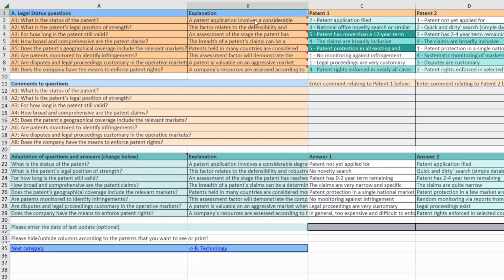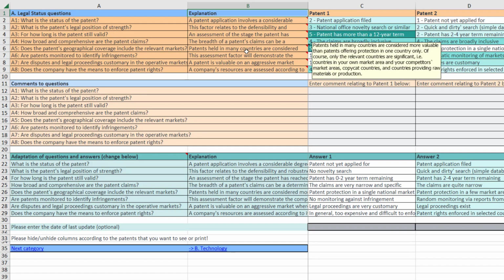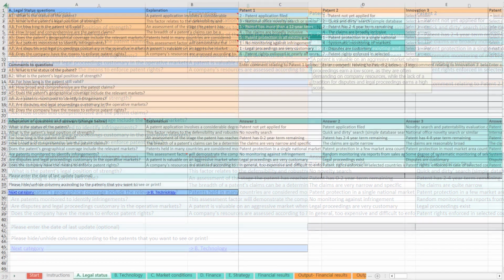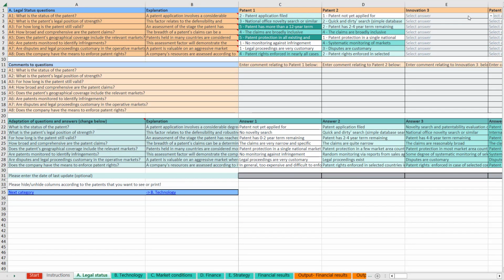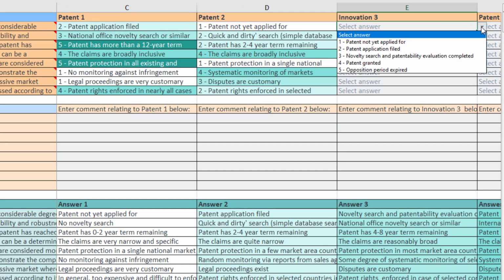Column B provides explanations to all questions, providing further insights into their meaning and background. Most questions in IPScore can be answered by clicking on the relevant cell and using the drop-down menu, which shows predefined answers. Each answer is rated on a point system, with 5 being the best possible answer and 1 the weakest.